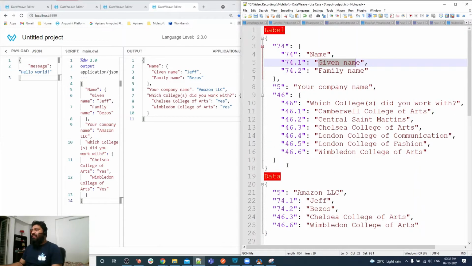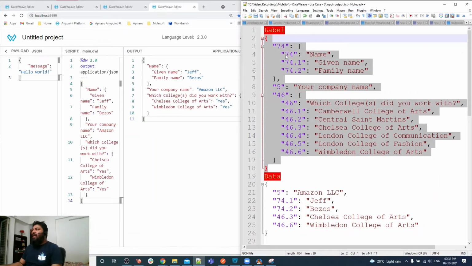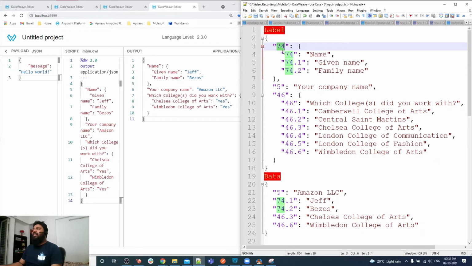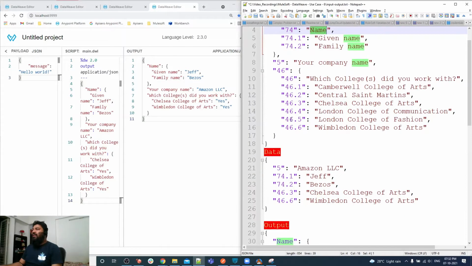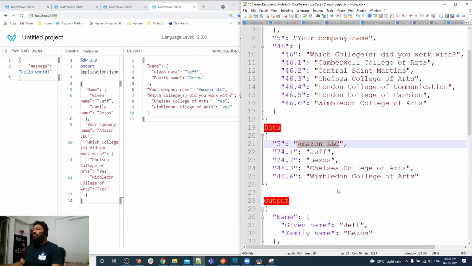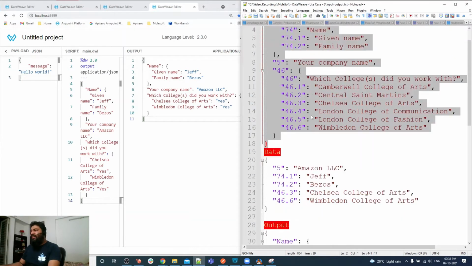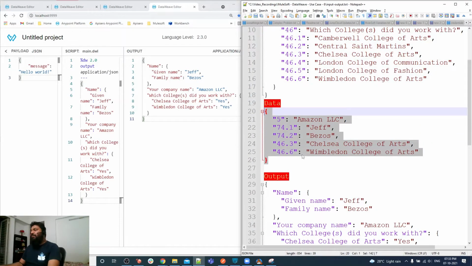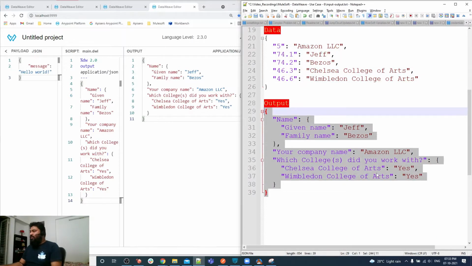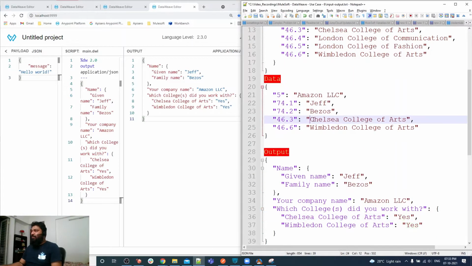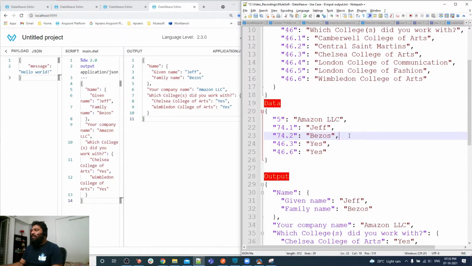And what needs to be generated? We need to generate this structure, where the label number should be replaced by the label name, and the label value should be replaced by this value. So this label is the supporting data, and this is the actual data coming in a payload, so we need to generate this output. Don't confuse, yes, this is coming in the input. Let me mark it here, yes, and here also yes. Let me explain. As you can see, this is the input coming and this output is going to be generated.